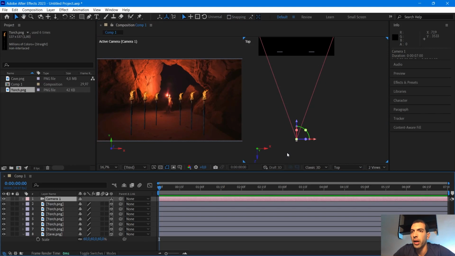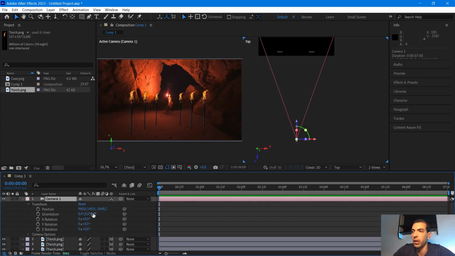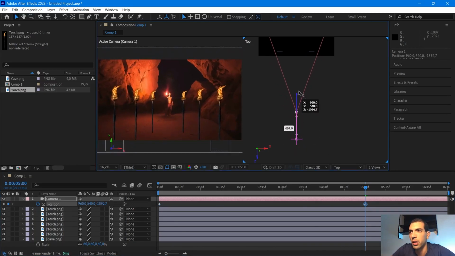And now I'm gonna animate the camera. Camera selected. I toggle this down, transform, toggle this down, and I'm gonna animate the position, or I can simply press P to see the position only. I click on the stopwatch. Of course, make sure the playhead is at 0 seconds. Click on the stopwatch. I'm gonna go to 5 seconds, and I'm gonna move the camera on the Z axis